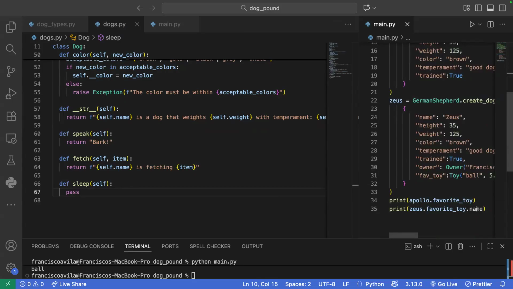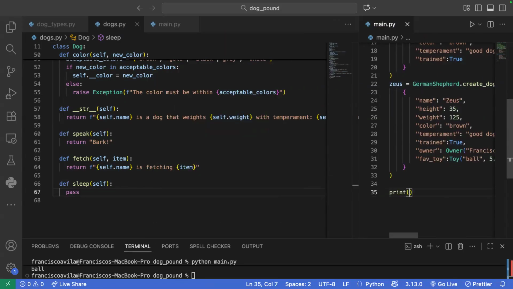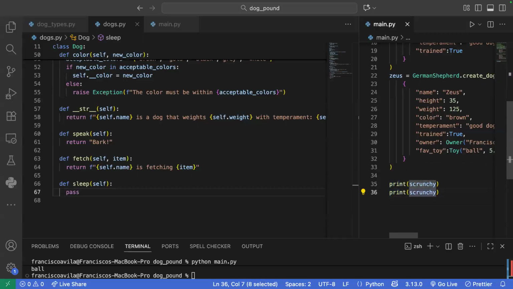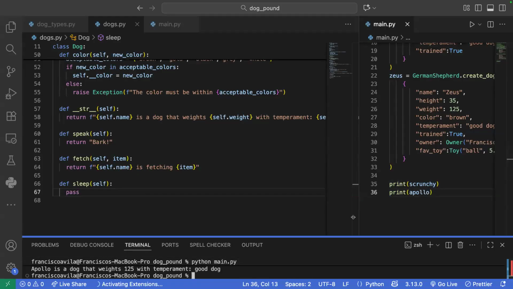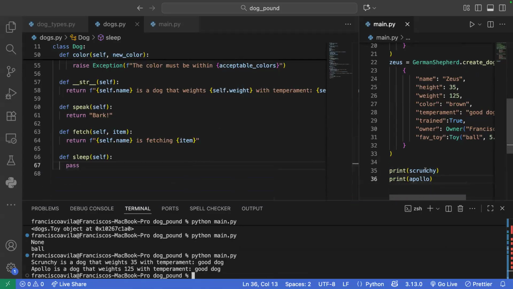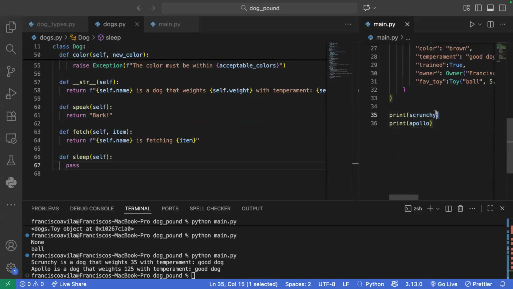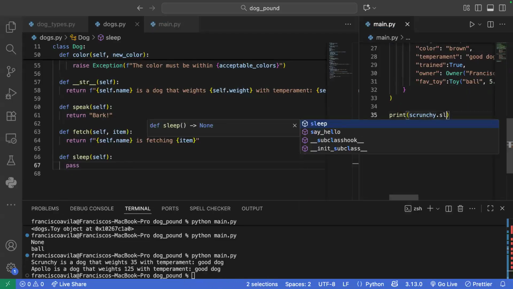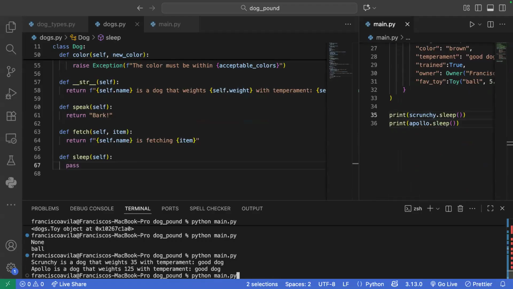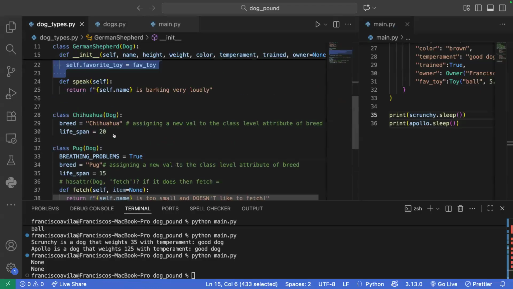And let me clean this up a little bit. Okay, let me make sure that Scrunchy works. And same thing for good old Apollo. Okay, so both of them are working. We have Scrunchy and Apollo available to us. But now let's say that I want them both to sleep. Well, the method is there for both of them, but there's no actual implementation of it within the Pug or